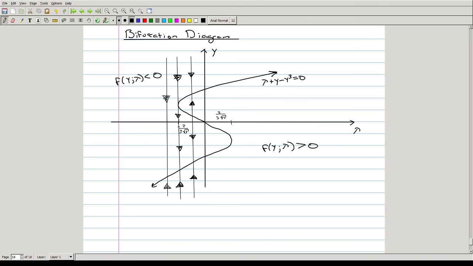So you have now 3 critical points for the differential equation, and the outer 2 critical values are asymptotically stable, and our inner point is unstable. This corresponds to 2 critical values, whereas when lambda is between these 2 numbers, you have now 3 critical values. And that holds all the way up until